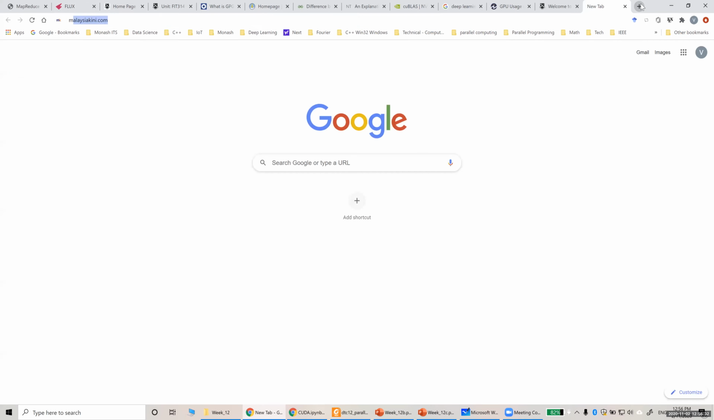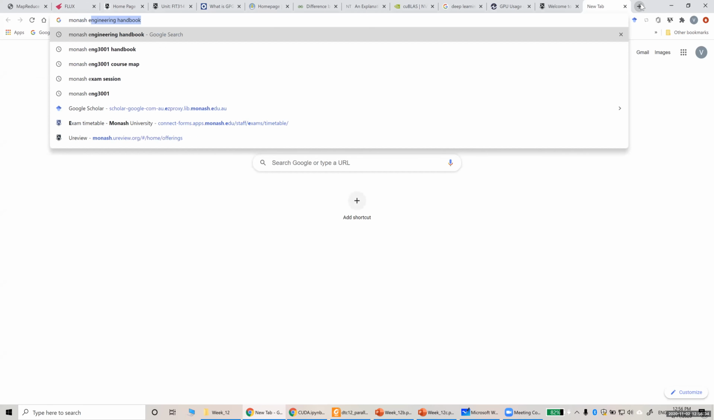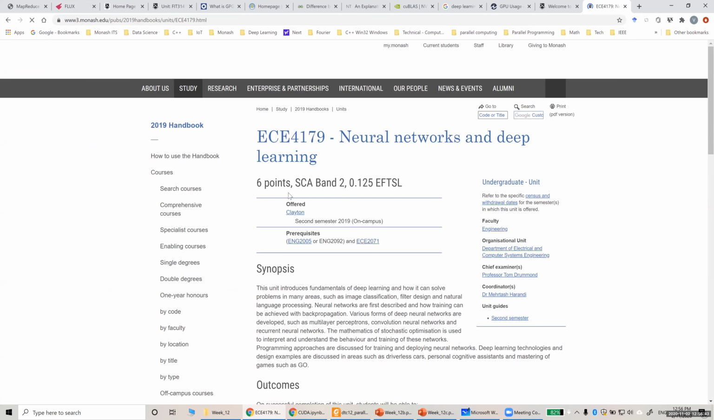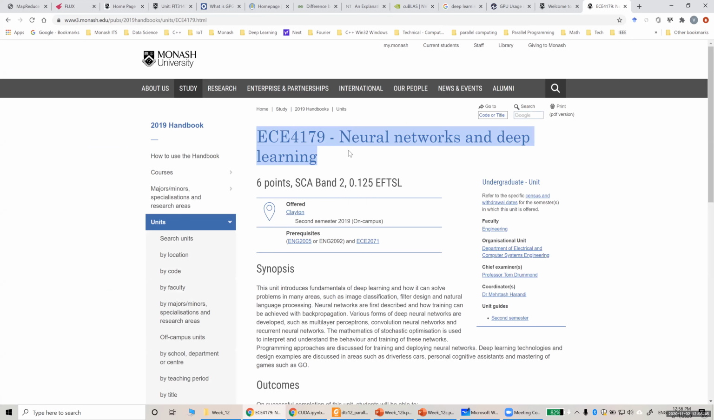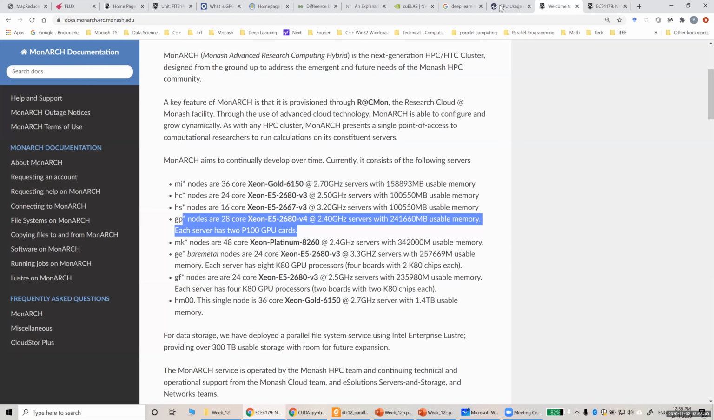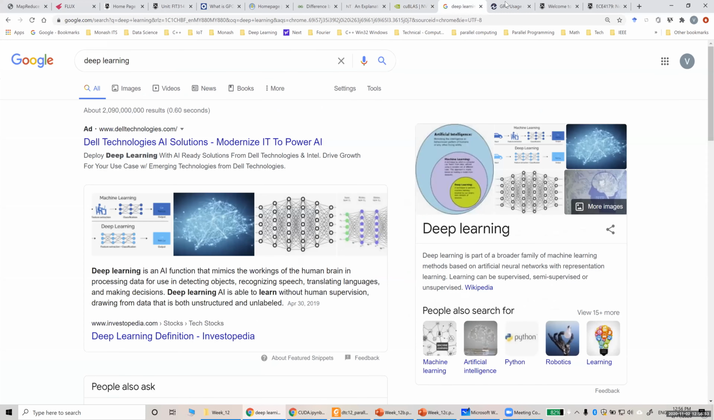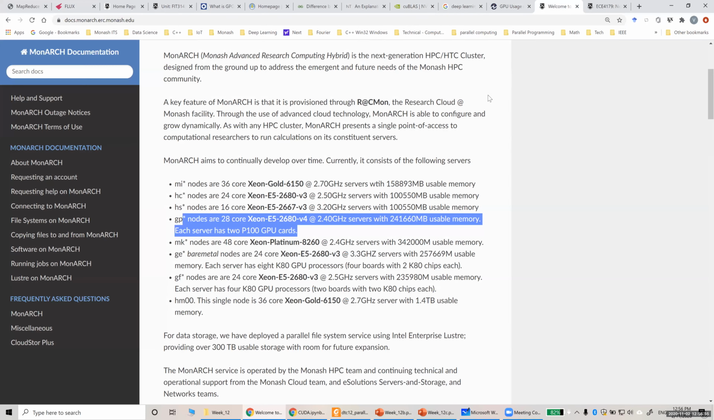So what is Monash ECE4179? It's a neural network unit which is offered at engineering, just like FIT3141. So at the end, due to time constraints, we thought, okay, never mind. Now, having said that,